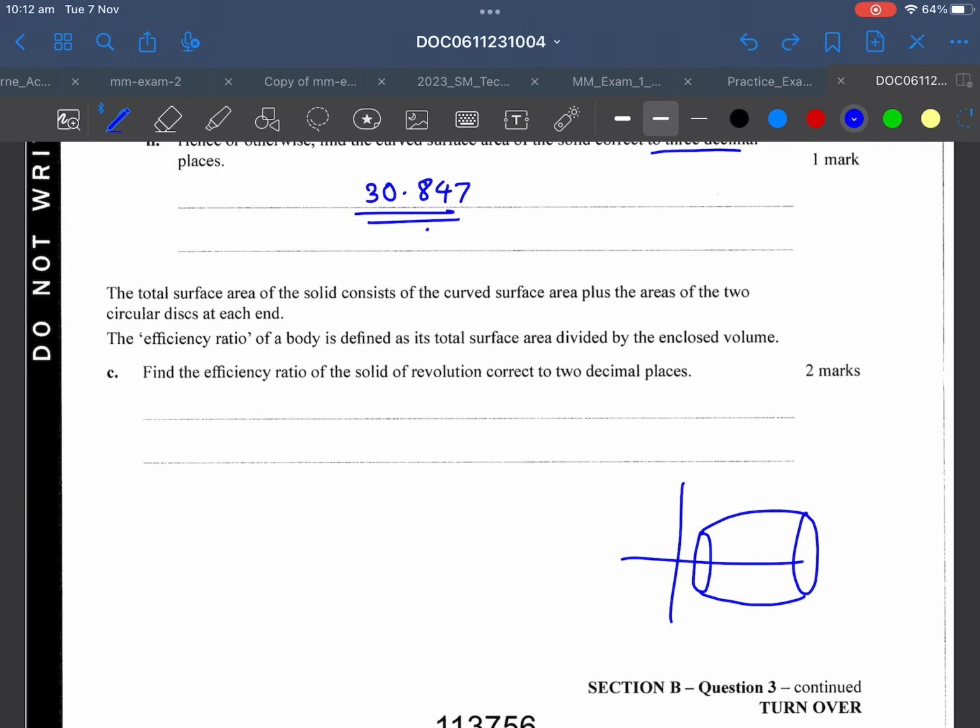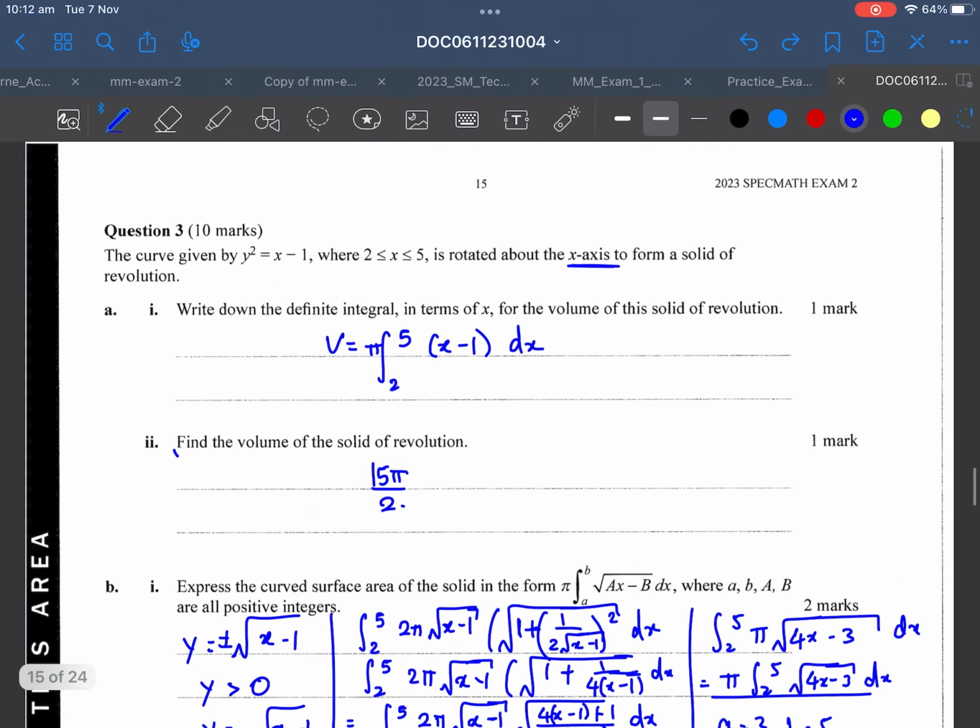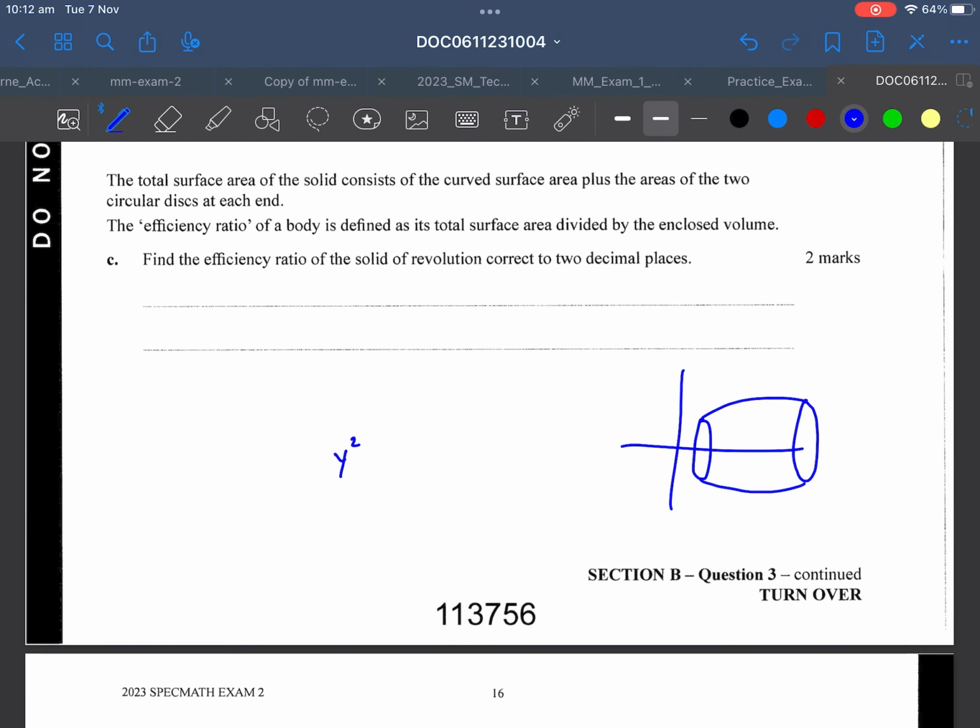So we know that our x is going to be equal to 2. So x equals 2, so y squared equals 2 minus 1. So for the smaller circle here, our radius is going to be 1. And for the bigger circle, y squared equals 5 minus 1, so y equals 2. It's going to be 2. So we just have to find the total surface area, which is going to be